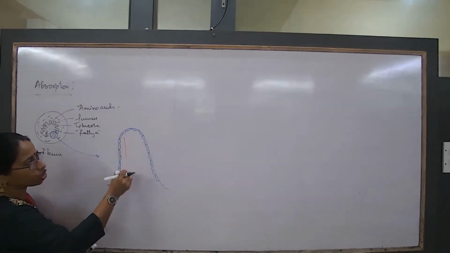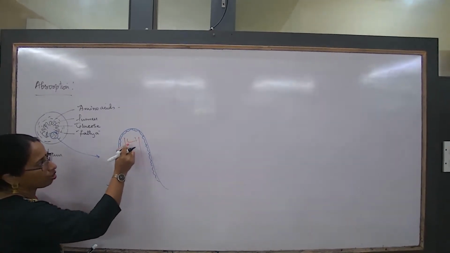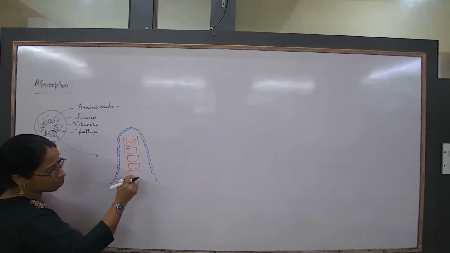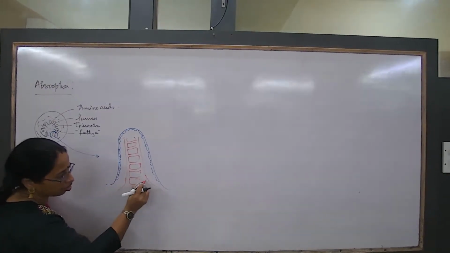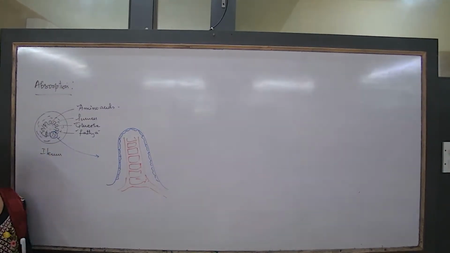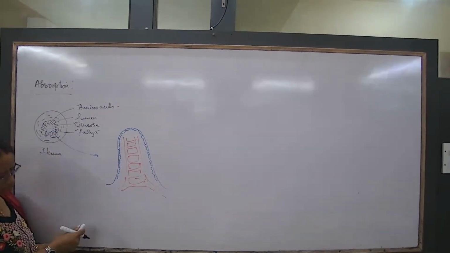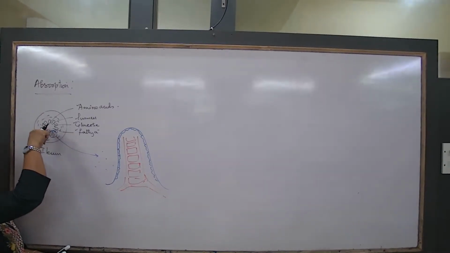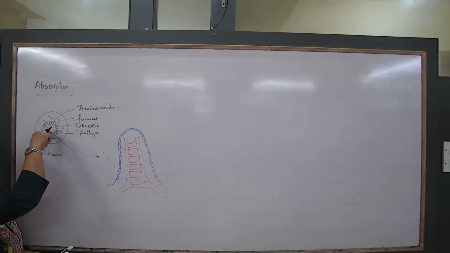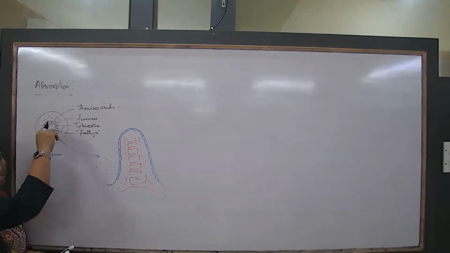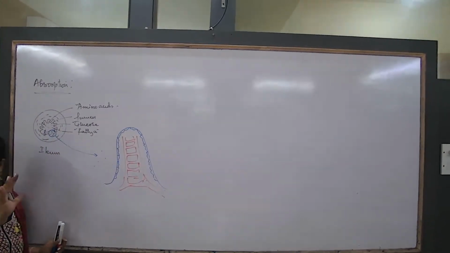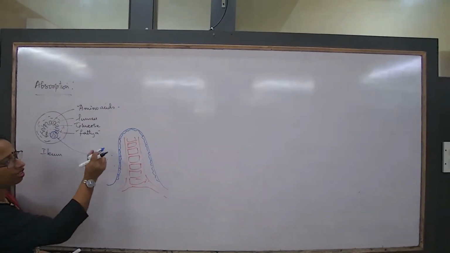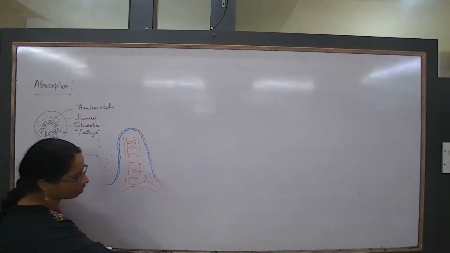Inside would be a large number of blood vessels. Suppose I talk about a network of blood vessels here. Inside the villus there is a network of blood vessels, and this network of blood vessels will carry out the process of absorption. How? Just now I showed that these molecules are outside, in the inner space of the ileum that I am talking about. Outside every single villus, such molecules are in large number, high concentration. So I am talking about three types of molecules here, just exactly what I had shown you in that lumen there.